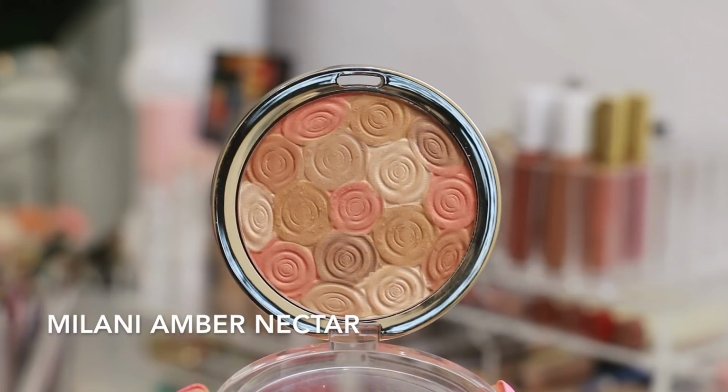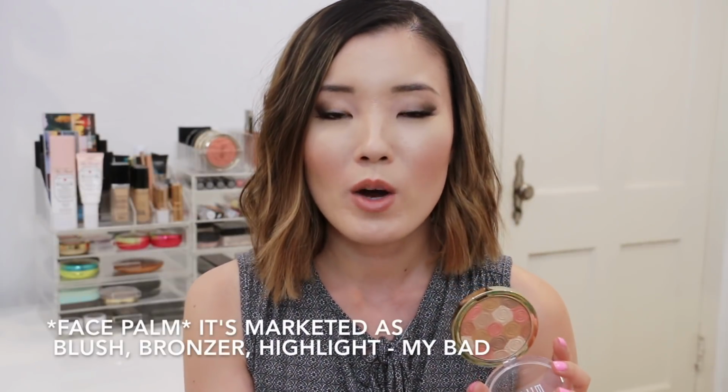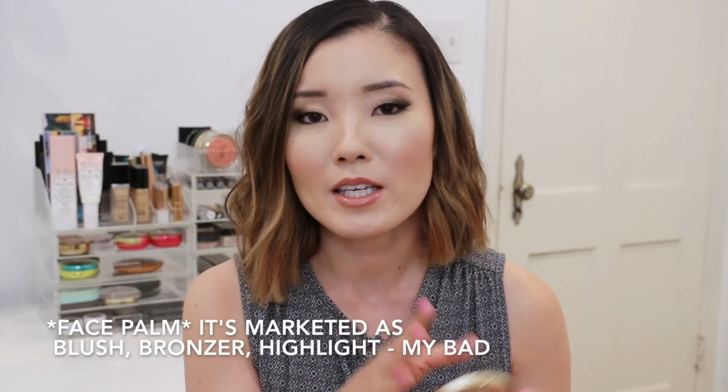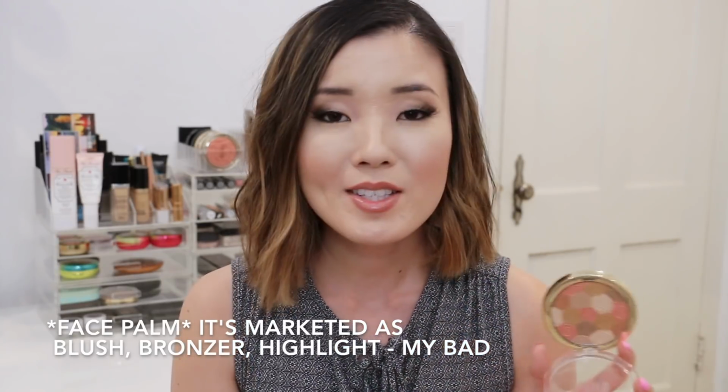I've mentioned this many times, and because it's not technically marketed as a blush, I wanted to include it at the very end, almost like a bonus product, because I do wear it often as a blush. This is not a product that swatches well. You almost just have to apply it on the skin. I don't necessarily know how well it will show up on darker skin tones, but for me personally, I like it